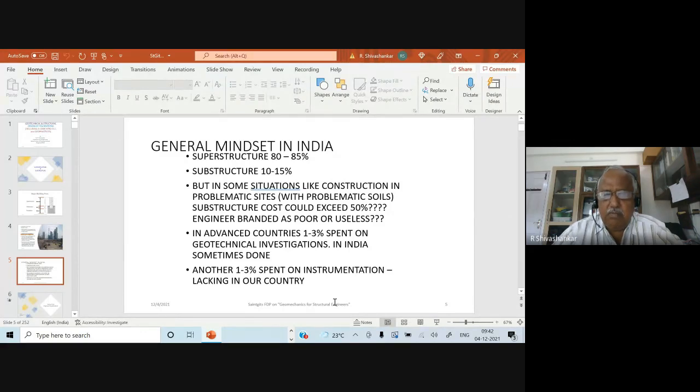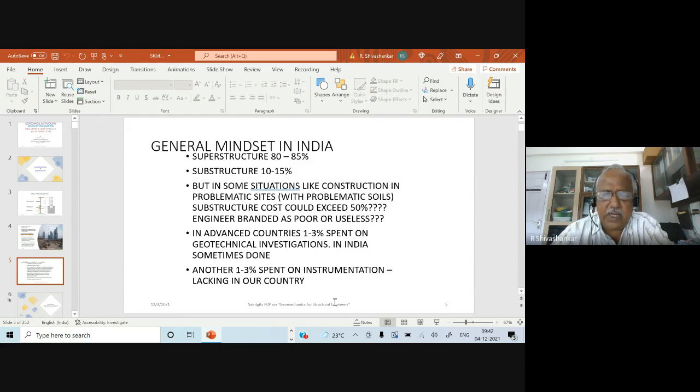But in most of the places in India, the soil is good. If you have such a proportion of more than 50% substructure, you will be branded as a poor engineer, and you may not get any more projects. Also, one important thing that I noticed abroad and which is somewhat lacking in our country is that in every major project, you should have a thorough geotechnical investigation. About 1 to 3% is spent on geotechnical investigations,